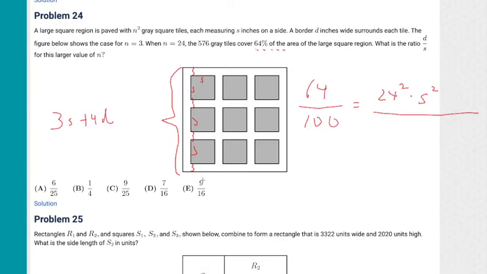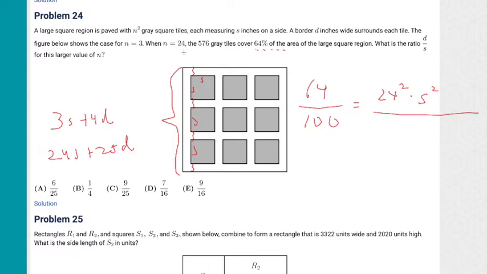So you got 24 gray squares. The length of this whole thing is going to be 24s plus 25d, because there's going to be 24 d's for each of these squares, and then there's going to be one final d at the end. So this makes sense, right? So 24s plus 25d is the length of the biggest square possible, this big white square, for the case n